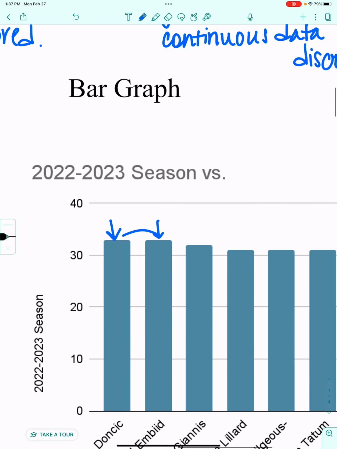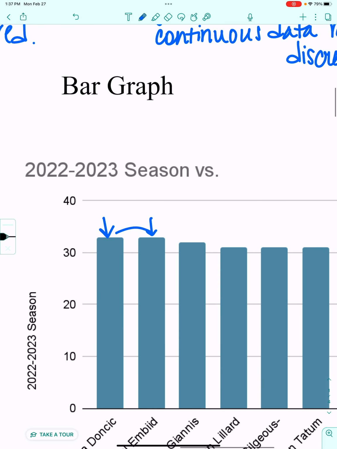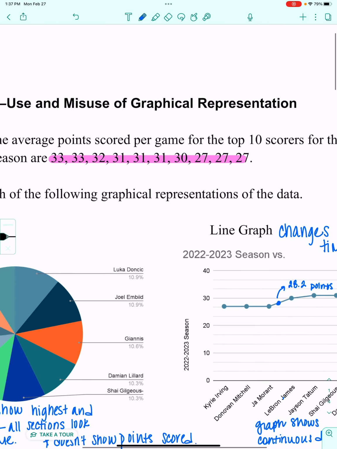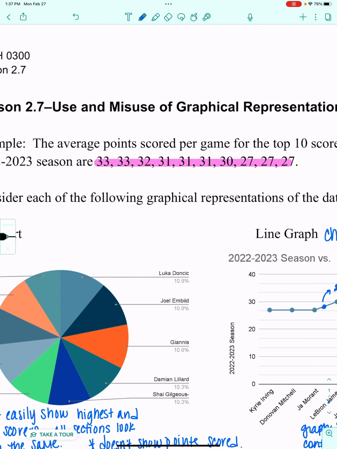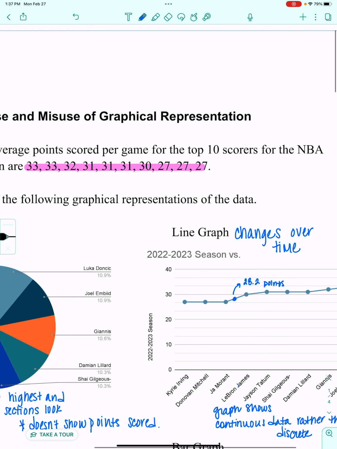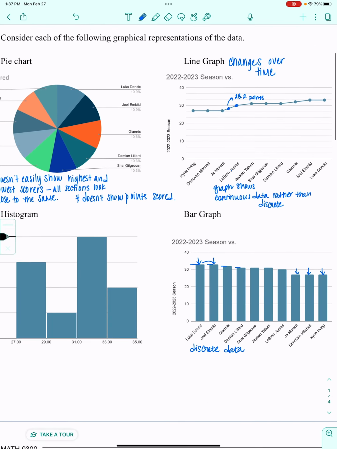If you had it labeled, we can absolutely stop those bars at positions that represent our data. It's not like we have space in between our points like we did on the line graph that represented fractions.